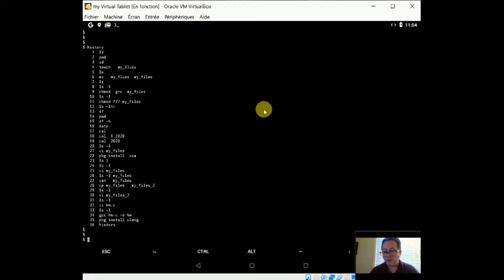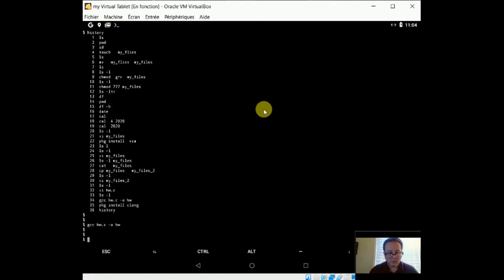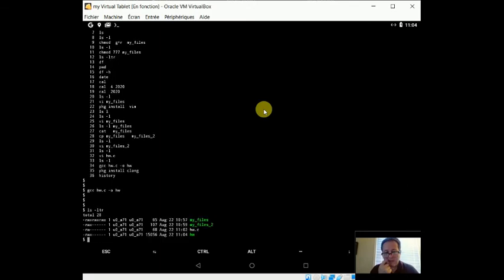So I'm doing up arrow, and I'm going to go back to try to compile now my C program, because you remember I tried to compile before, but it failed because the package did not exist. I installed the package, but now let's try to recompile. So it worked. No error in my code. Yeah, but that was a pretty simple code. Nothing for that. So now I have a new file here, HW, and